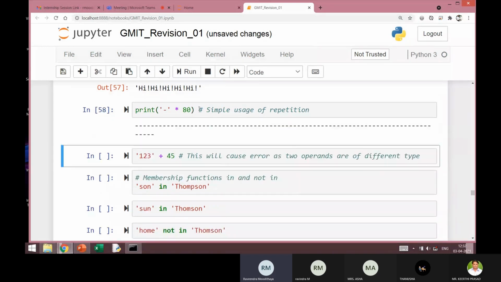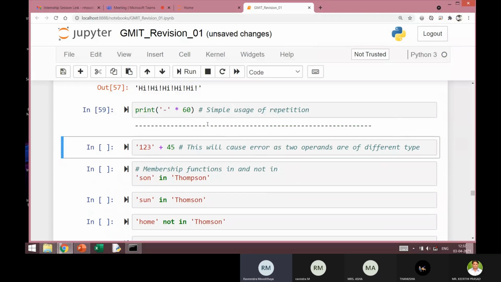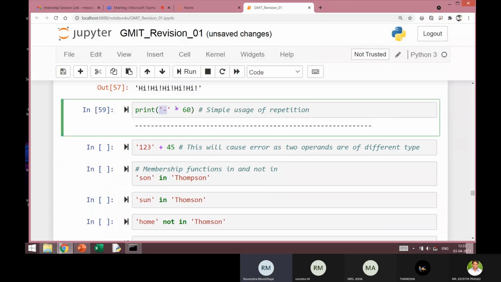If I execute this, you can see it has actually come in multiple lines because the width of this is slightly different than 80 characters. So I'll just change this to 60. So I can draw a line with 60 dashes printed in the output. That is a very simple usage of characters multiplied by a number. Remember, this has to be an integer.